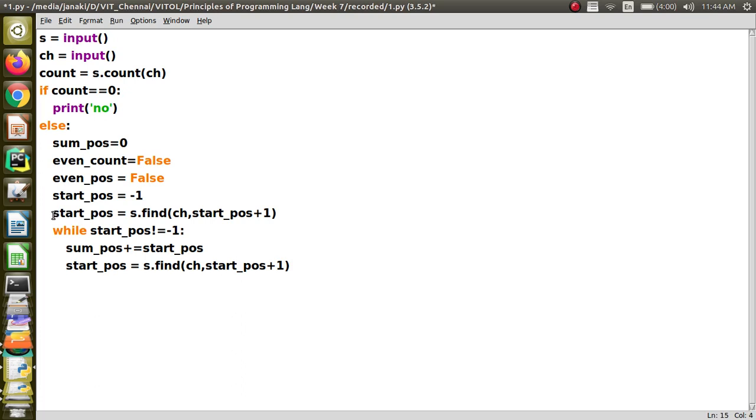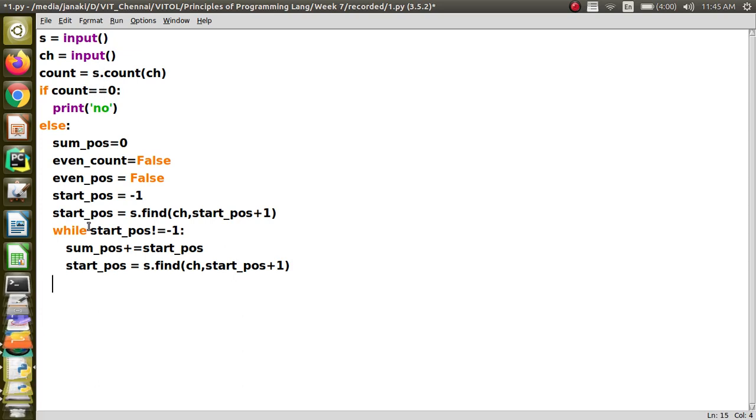After finishing this, still I should be inside the else only, while only is finished, because all these things we are going to do only if the character occurs at least once in the string. If it didn't occur even once, then this condition would have met, where we would have print as no, right.